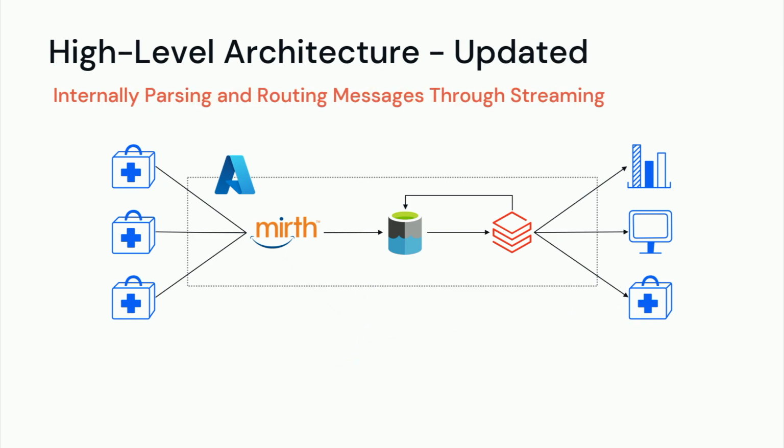So this is the starting place, and this is what we wanted to move CRISP towards. We wanted to actually just take Mirth, which could land the files directly into the data lake, and process those using Auto Loader directly into the Databricks environment, so that we could simplify that process and also do the real-time routing in CRISP internally.